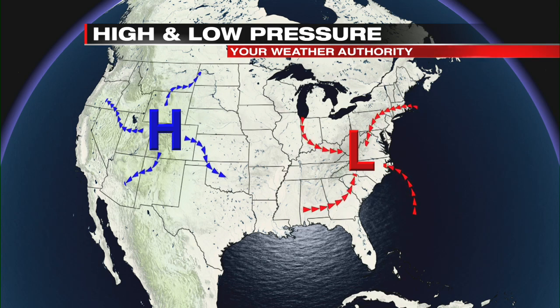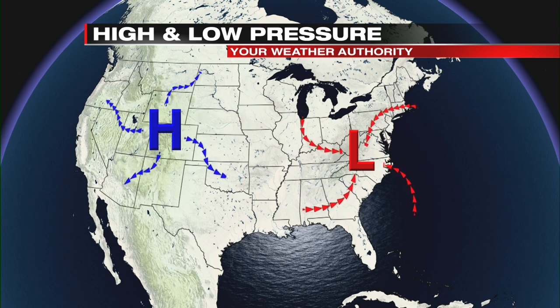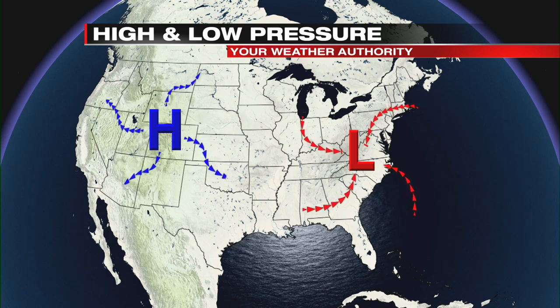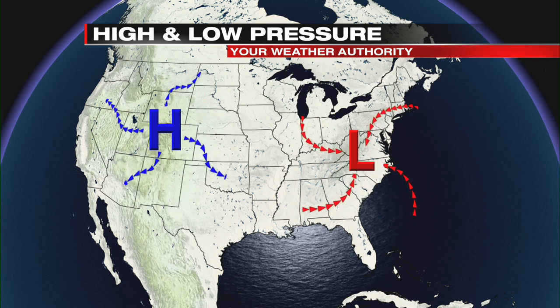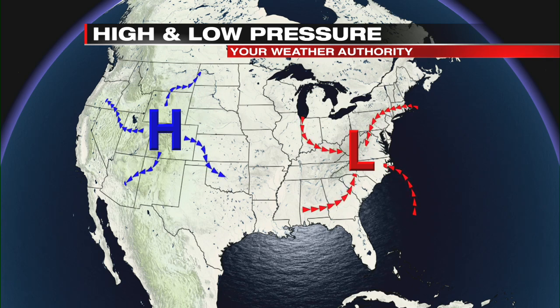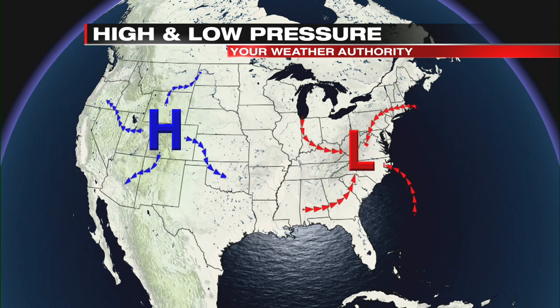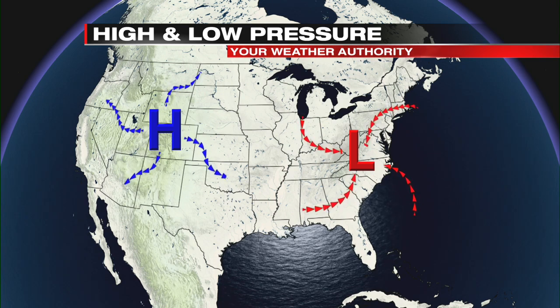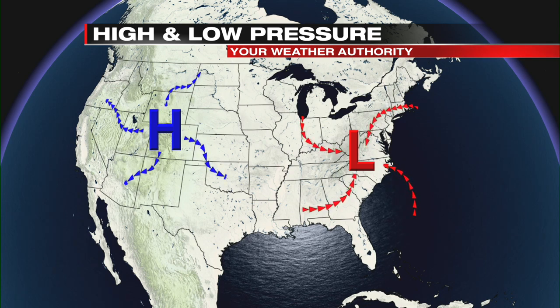And I'll take this one. So low pressure, remember, it's a counterclockwise circulation and up. That's how the wind flows around low pressure. High pressure? High pressure is basically the opposite. It's a clockwise circulation, and the air blows down into the center of a high. So those are the general circulations for high and low.